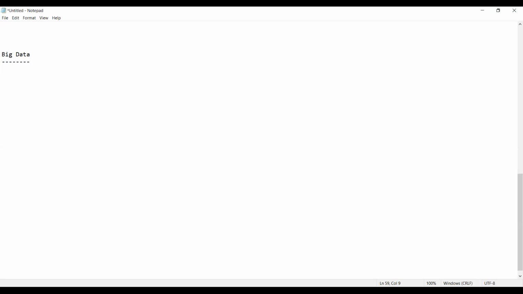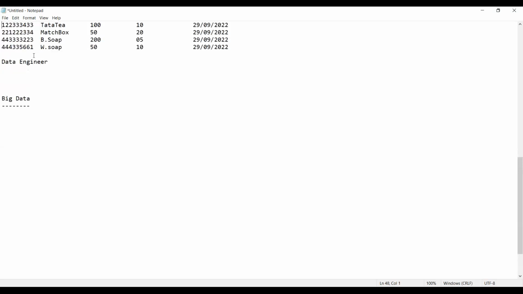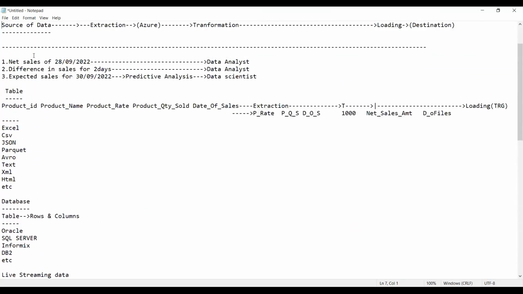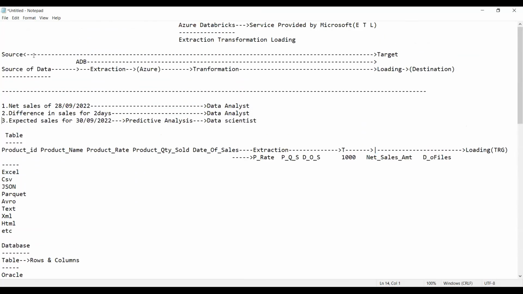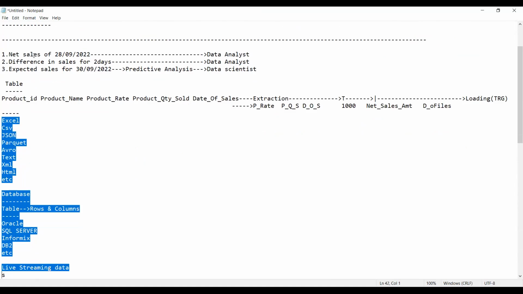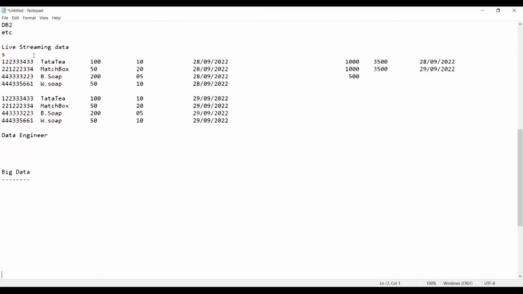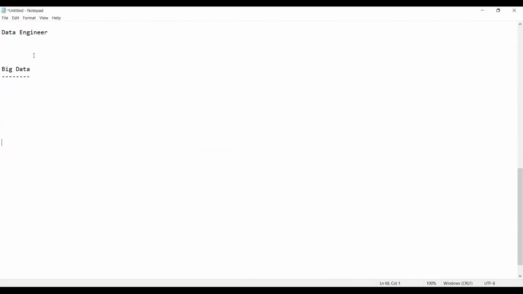So now, guys, big data is nothing but a massive amount of data. That means we already know what the sources of data are. Tell me now, guys. We can get the data from files. We can get the data from databases. And we can get the data from live streaming data, whatever you have. So all this comes under big data only. Getting my point? Big means huge. Data means information. So we can say a huge or very massive amount of information is called big data.